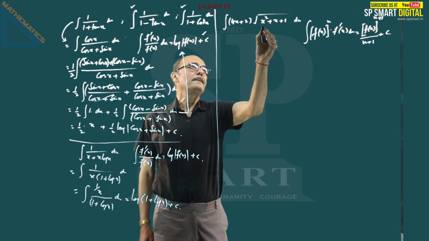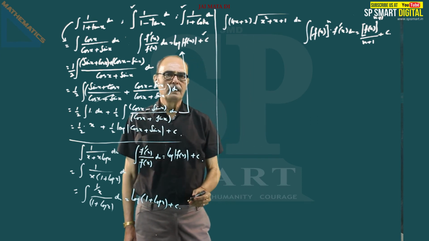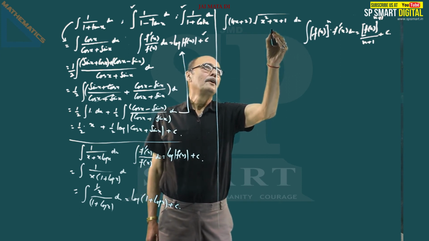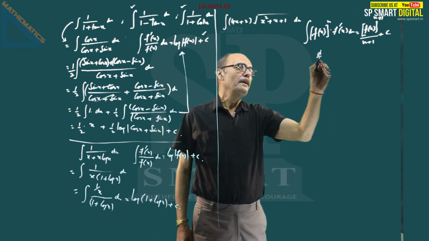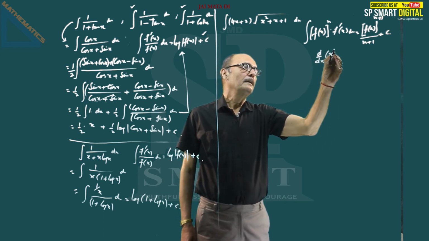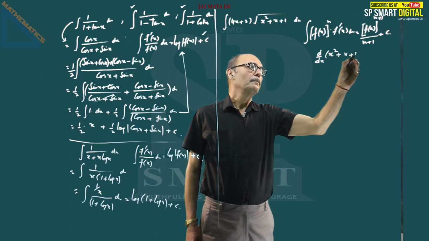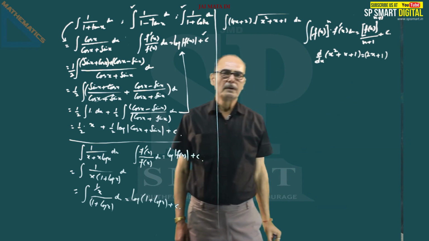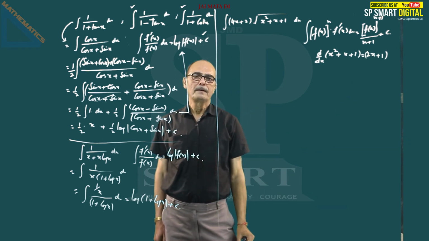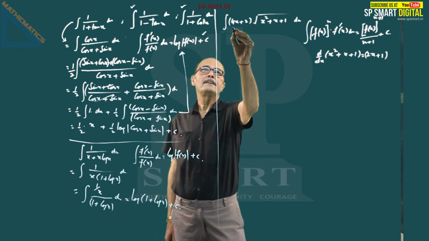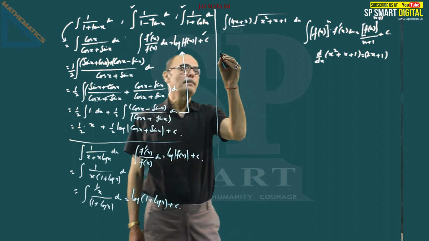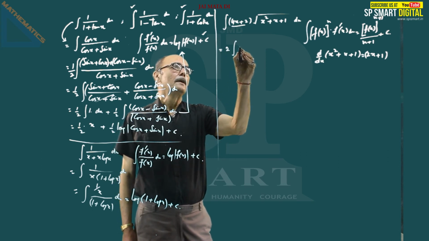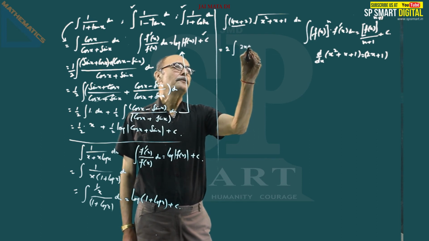Here derivative of x square is 2x plus derivative of x is 1 and derivative of 1 is 0. So, if you try to find out d upon dx of x square plus x plus 1, it comes out to be 2x plus 1. So, we try to create 2x plus 1. See, the other factor is 4x plus 2. Take out 2 common. If you take out 2 common, so this is 2x plus 1